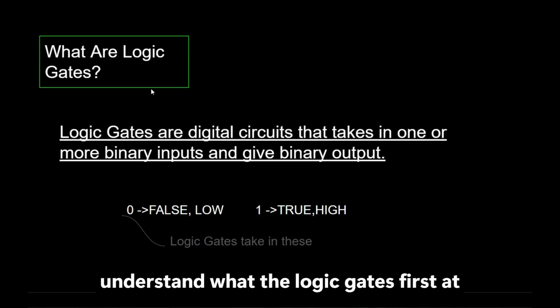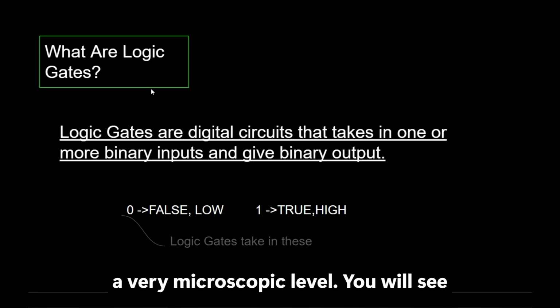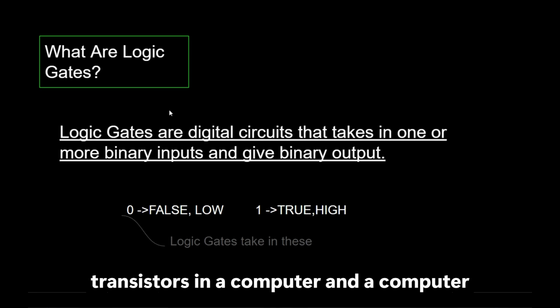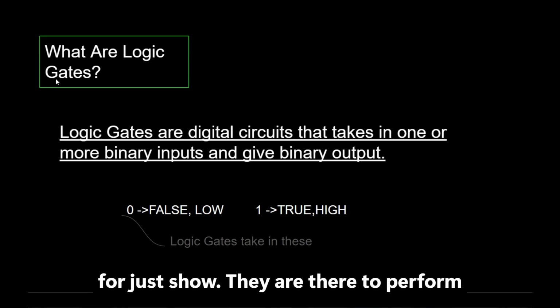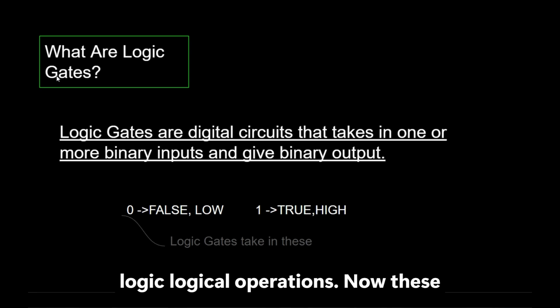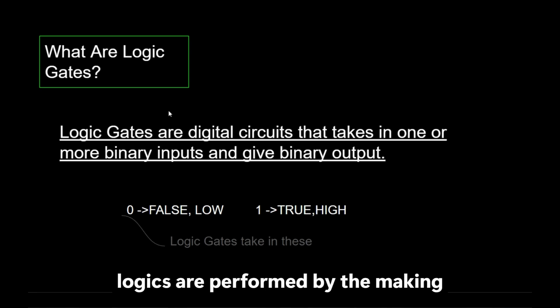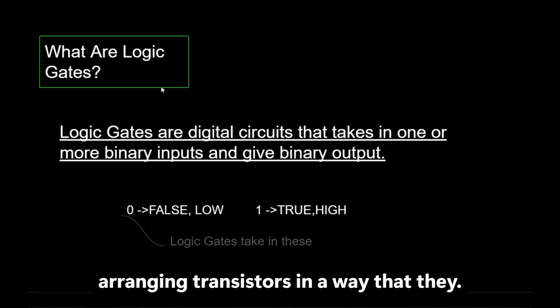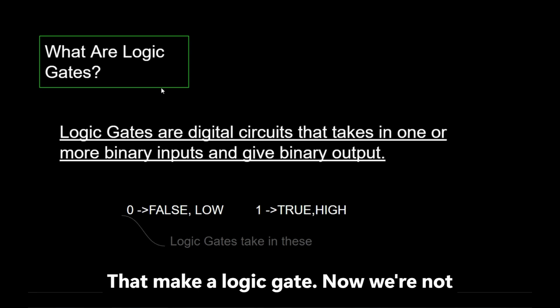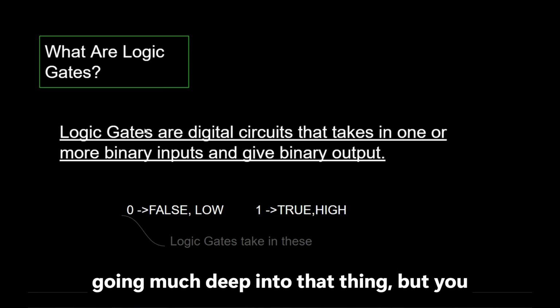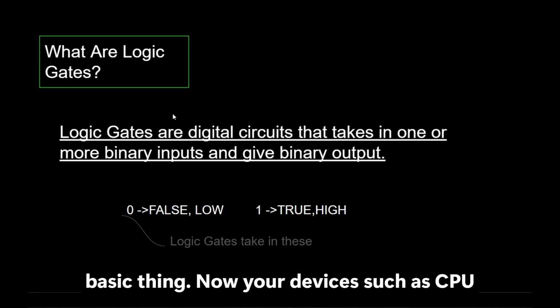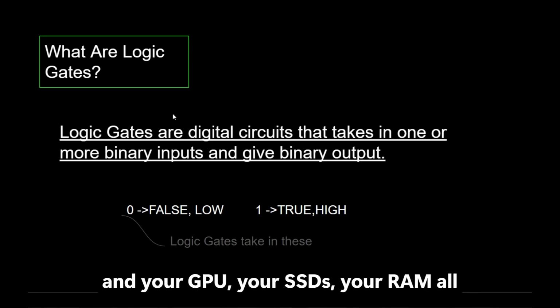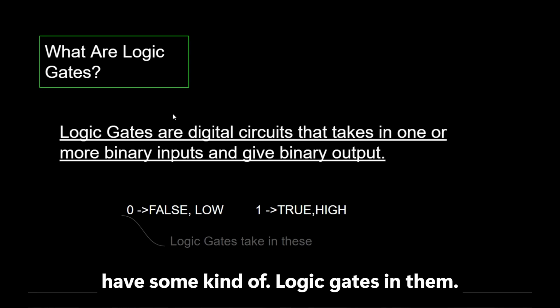At a very microscopic level, you will see transistors in a computer chip. Now these transistors are not there for just show. They are there to perform logical operations. These logics are performed by arranging transistors in a way that they make a logic gate. We are not going much deeper into that, but you should know that logic gates are the most basic thing. Your devices such as CPU, GPU, SSDs, and RAM all have some kind of